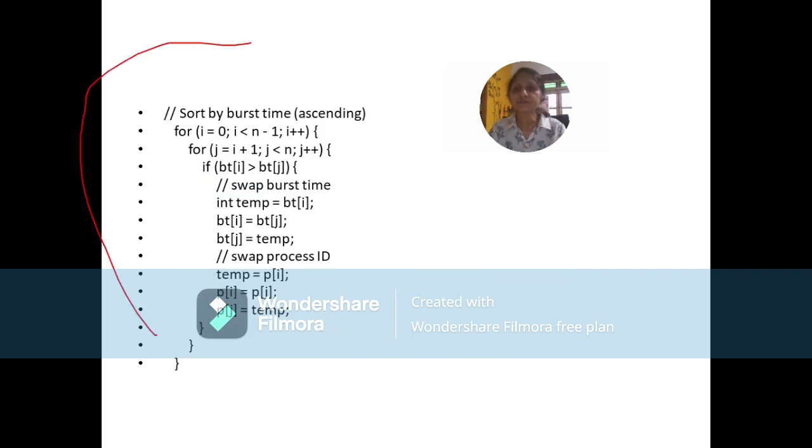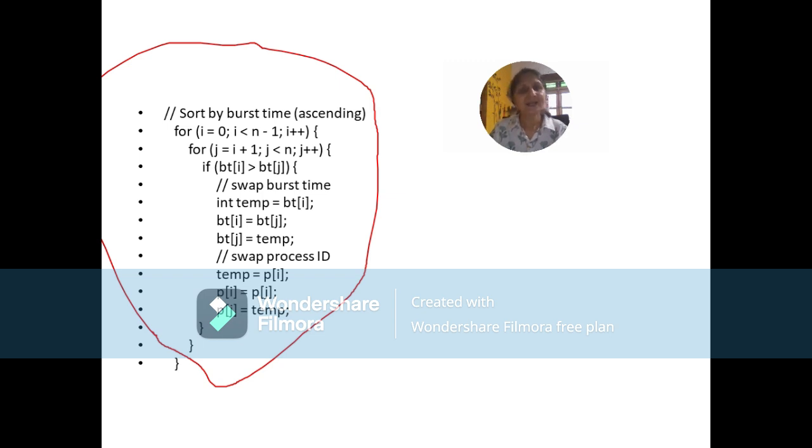Next is the nested for loop. In my previous video, I have explained the logic of this nested for loop, and what this nested for loop does, it sorts the array. The shortest burst time will be at the beginning of the array because that process gets a chance to get inside the CPU. And since we are rearranging the burst time, we are also rearranging the associated process numbers. So this is only for sorting, since this is shortest job first.